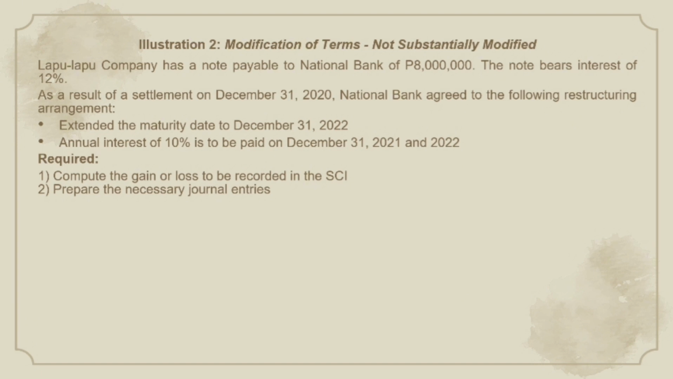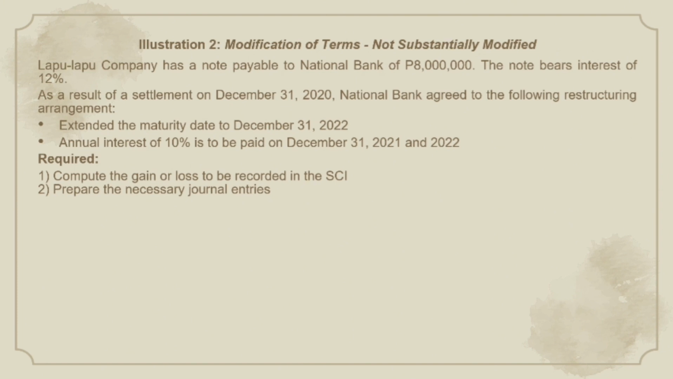Lapu-Lapu Company has a note payable to National Bank of 8 million and the note bears interest of 12%. As a result of a settlement on December 31, 2020, National Bank agreed to the following restructuring arrangement. First, extend the maturity date to December 31, 2022, and the annual interest of 10% is to be paid on December 31, 2021 and 2022. Required: first, compute the gain or loss to be recorded in the statement of comprehensive income, and second, prepare the